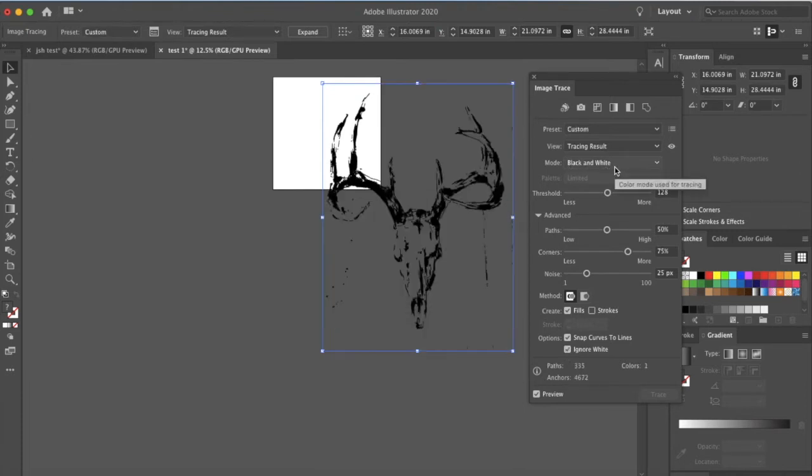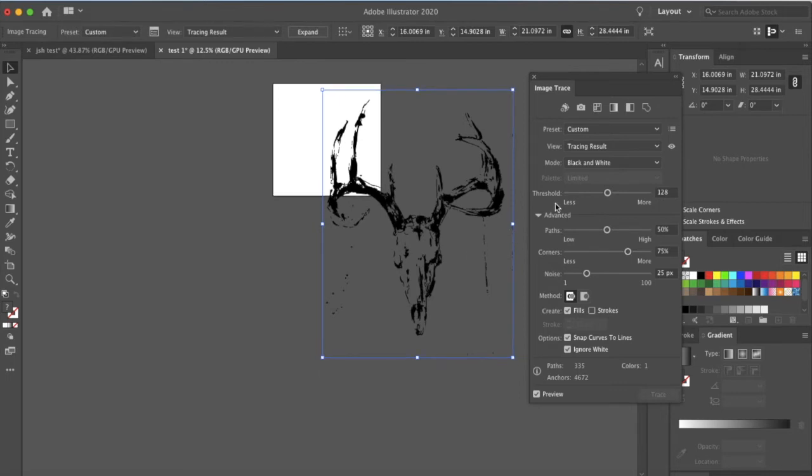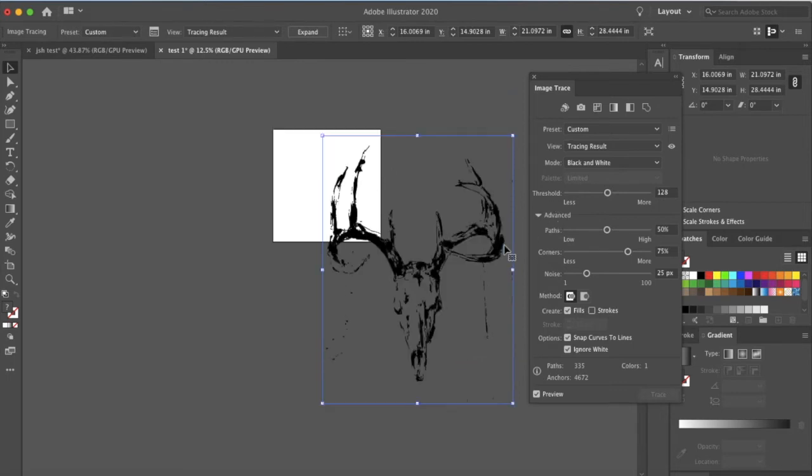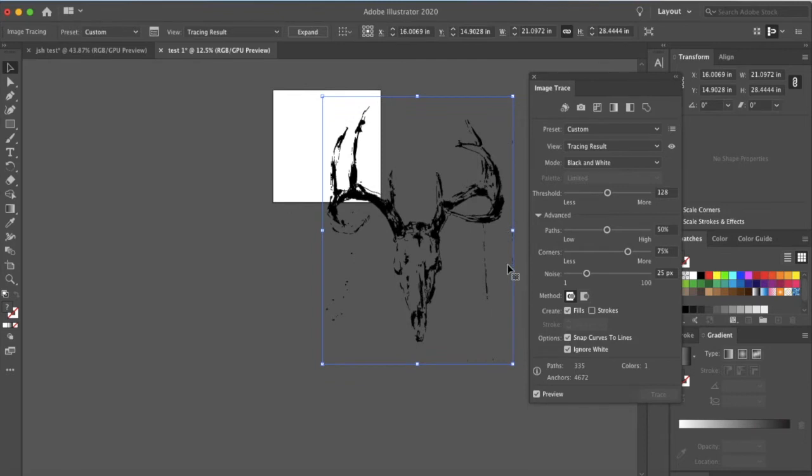Now this is going to be particularly useful for laser cutting and vinyl cutting. Because when you think about it, the machine is either on or off. It's either black or nothing. That is particularly true with the vinyl cutter, so making stickers and heat transfers and things like that. Your threshold has the strongest parameter